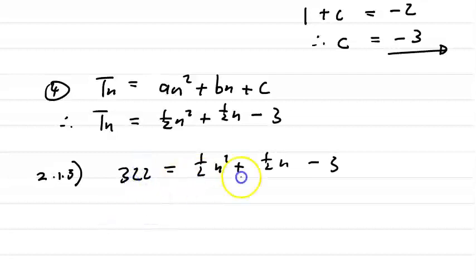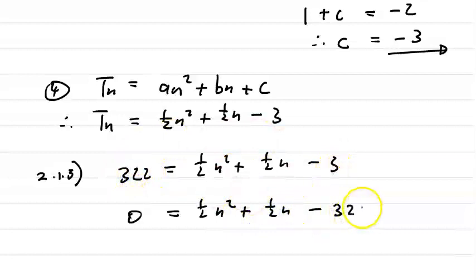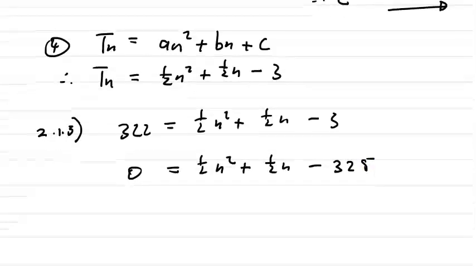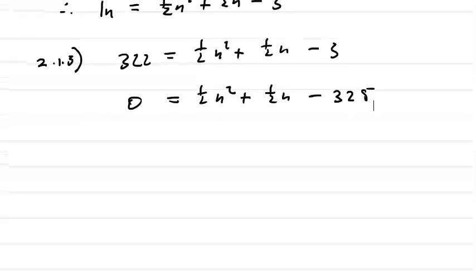So now remember that this is a quadratic equation. So we have to make one side equal to 0. So that's going to be half n squared plus half n, and if I take this 322 to the right hand side, it will be minus 325. Now at this particular stage, depending on what calculator you got, you can either use the quadratic formula or